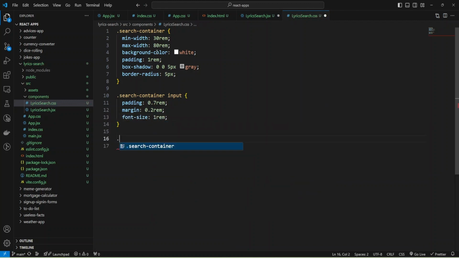Okay, and now we can add search container and provide styles for button.